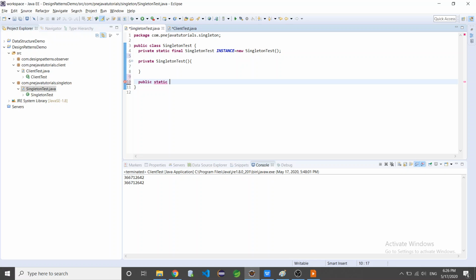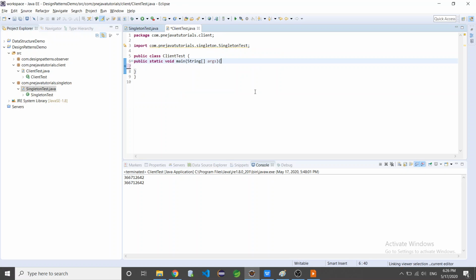Just with singleton test dot get instance method would be called. Public static, and we will take this class name, and return the instance variable which we have already created. Okay, that's it guys for eager instantiation.